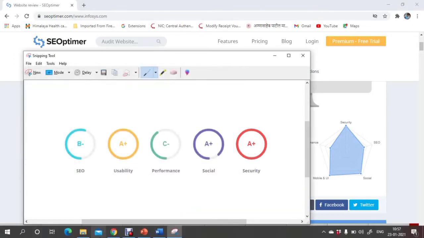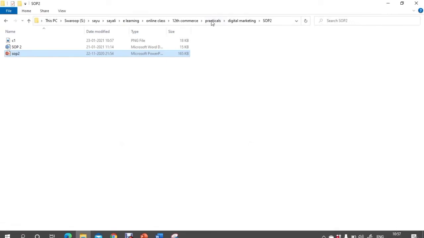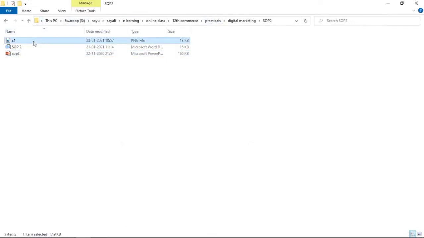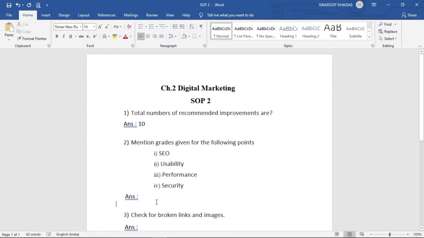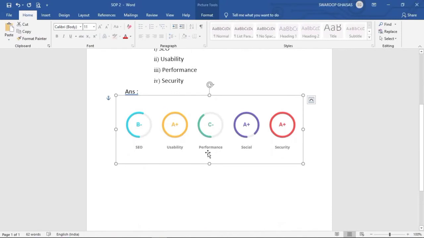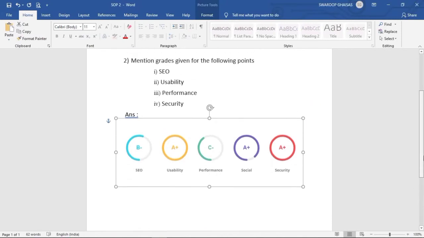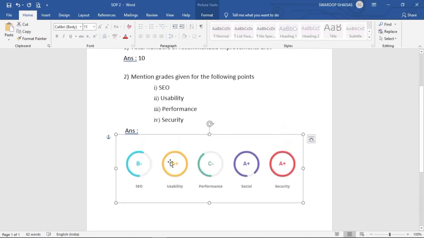Save this, and from that folder let us copy that image and put it in a Word file. Paste here. So this is the answer of that question: grades for SEO, usability, performance and security. There is a grade for social also.